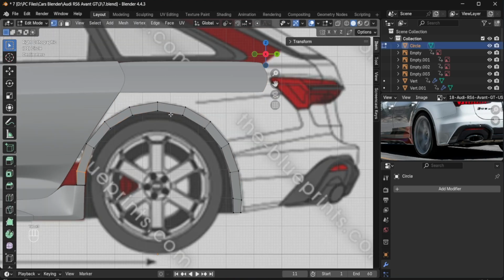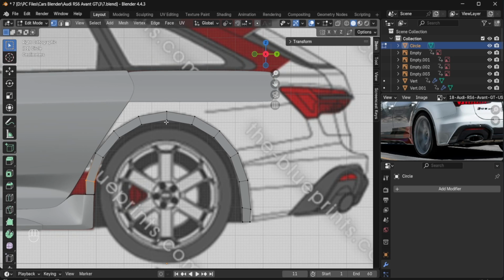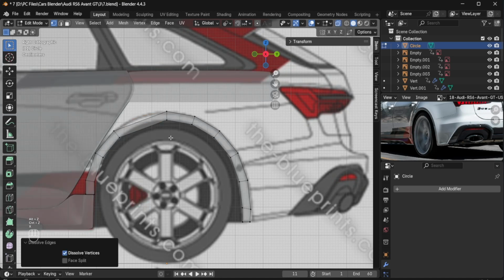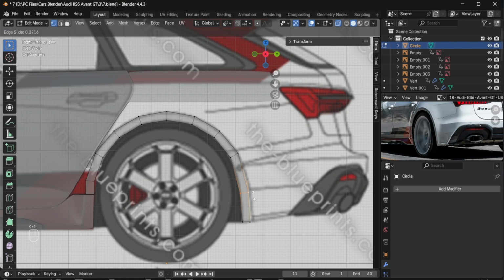I'm wondering, does it have too many vertices? You know, that's an important question. Does this have too many vertices? Perhaps it does. We're just going to dissolve some of these. Just dissolve some of those. But we've got to be careful which ones we dissolve. Really got to be careful. Can probably dissolve those ones. It's very difficult. I have a feeling we only need to dissolve like one more, because if we move this